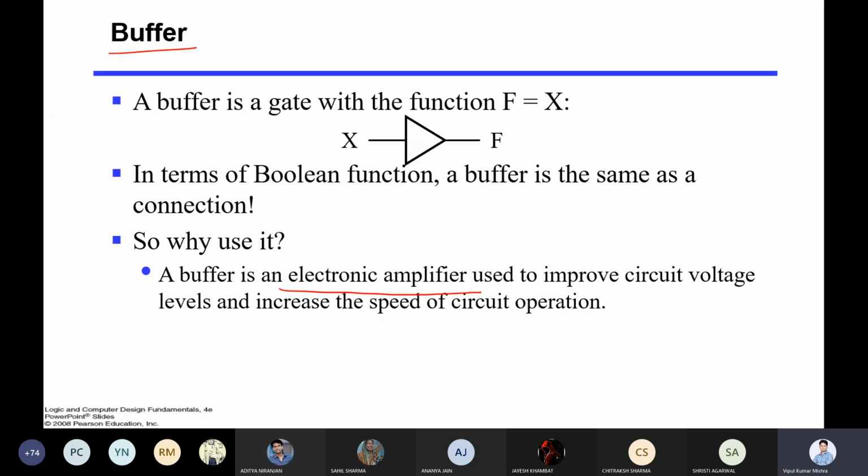It is just boosting up the value. Normally, for example, while you are speaking in the mic, I'm not talking about this laptop mic or something. Mic means loudspeaker. So in the loudspeaker, what exactly is it doing? It is amplifying the things.